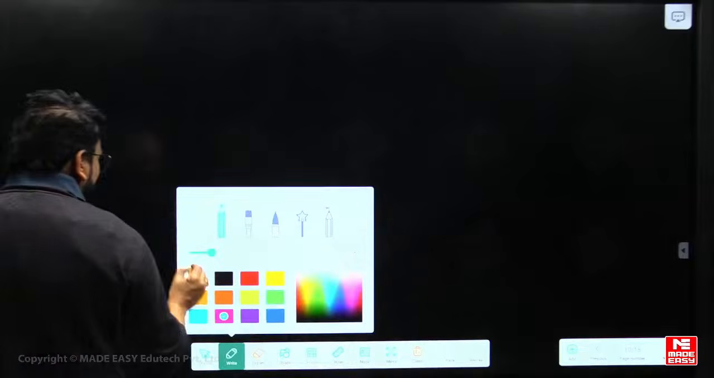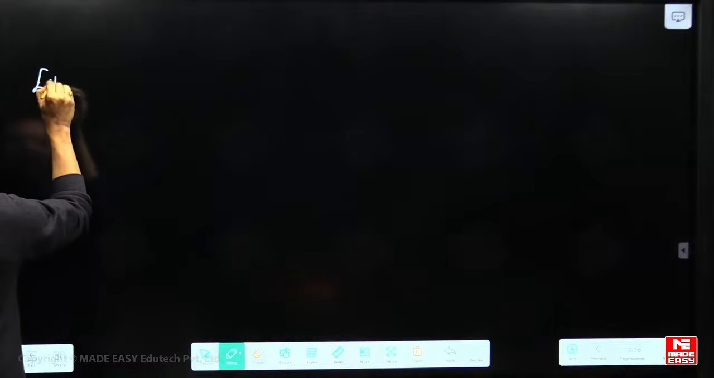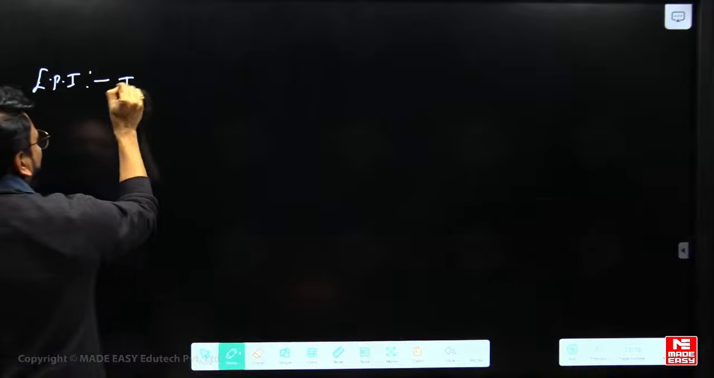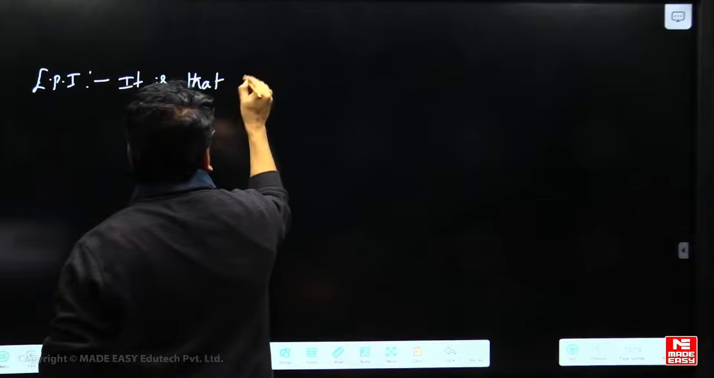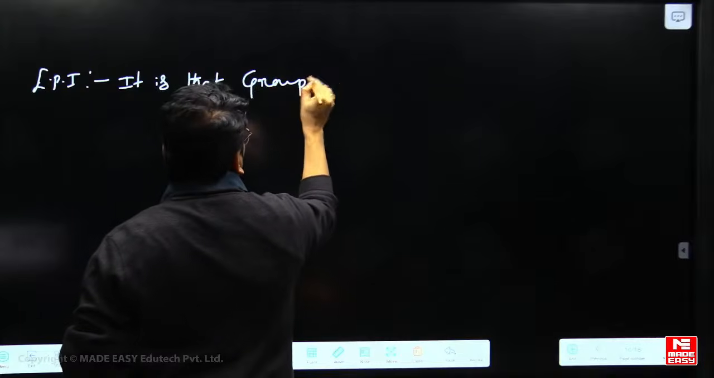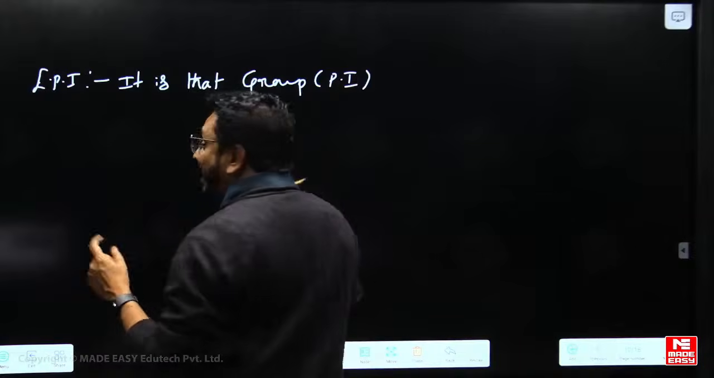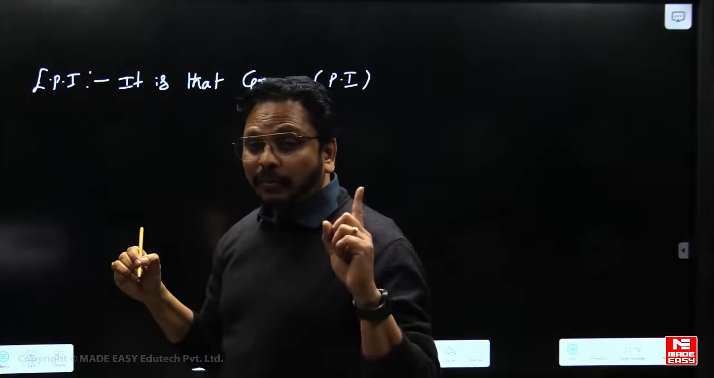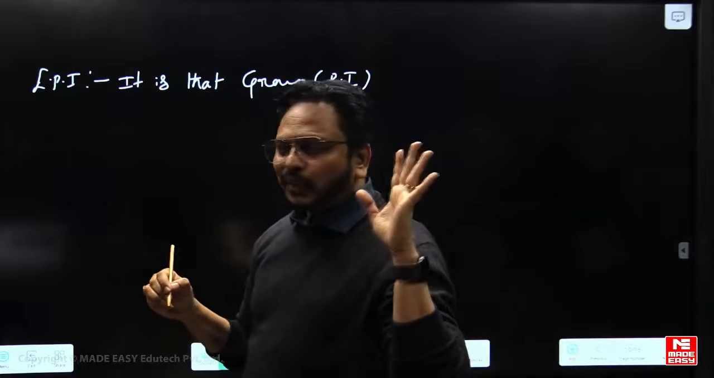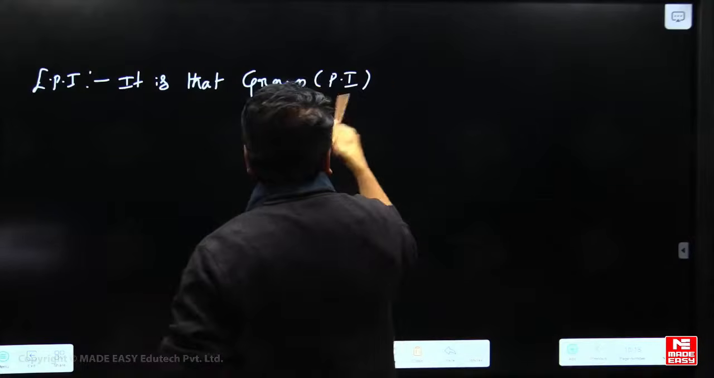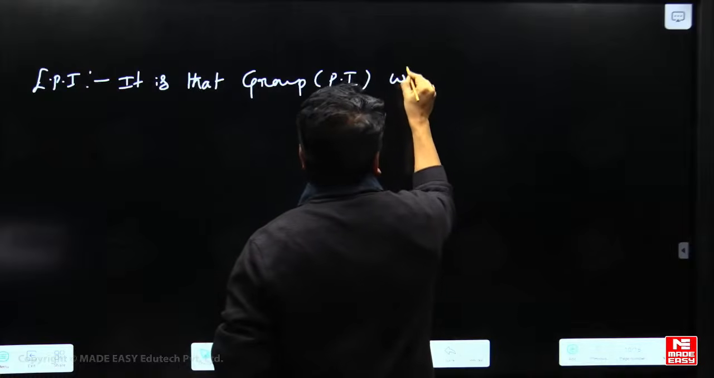Okay, I'm writing that. Essential prime implicant. It is that group. Every group is known as a prime implicant. You should remember it. Every possible group is nothing but a prime implicant only. So it is that group, that prime implicant, which is having